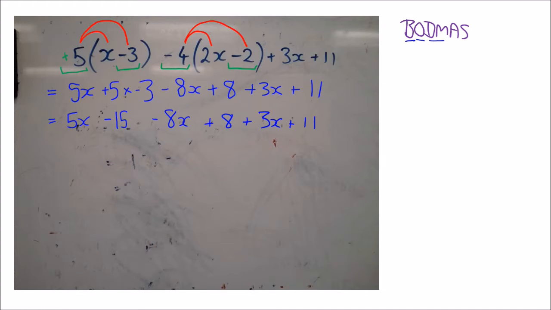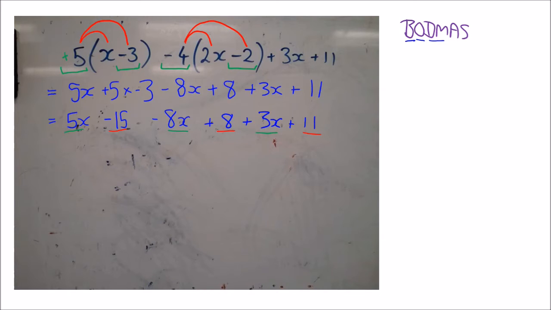And then we get to the simplifying part. Now simplifying is where the first thing we need to do is think about our like terms. Now if I think about the terms in this equation here, I've got terms with x's in them that are like, and I've also got terms that are just numbers, so they have no pronumeral and they are like. Now when we're grouping like terms,